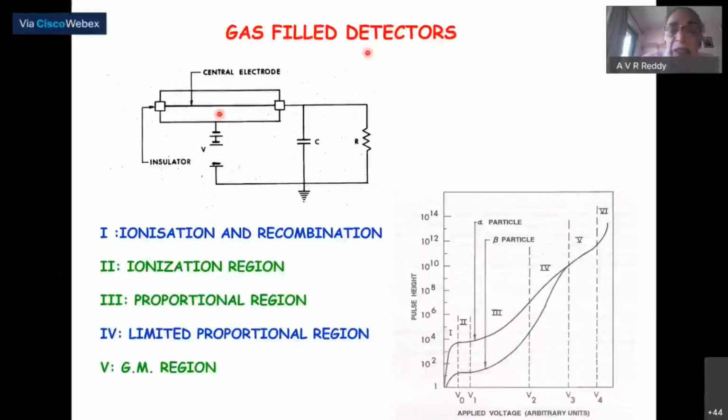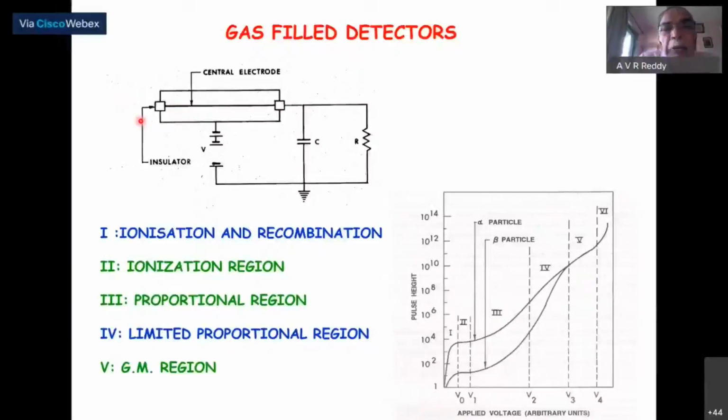Now, how does it work? There is detector material here, and you keep a radiation source here. The radiations emitted from the radiation source have to enter the detector. We make a provision for that by using a thin window. And when I say thin, in thickness it will be opaque to the eye.